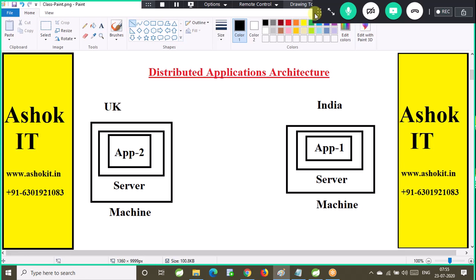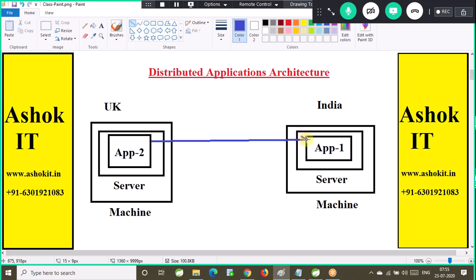How is it possible? Application 2 will make a request to application 1 by using a URL. Application 2 will make a request to the server where application 1 is running.